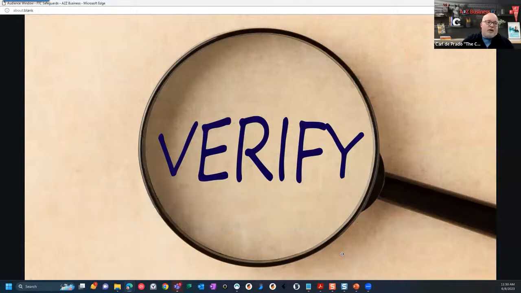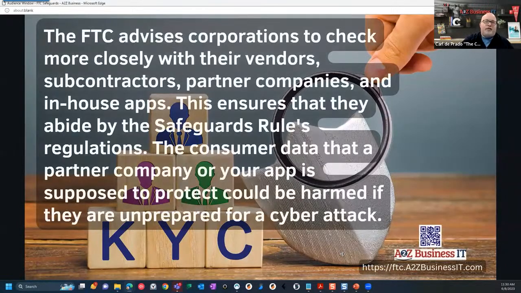So no longer will it be just, oh, the breach happened because there was a subcontractor and they weren't secure. Depending on the size and scope of what you're doing, you're going to need to make sure that your contractors are following the same levels, so that they're going to need to have MFA turned on.